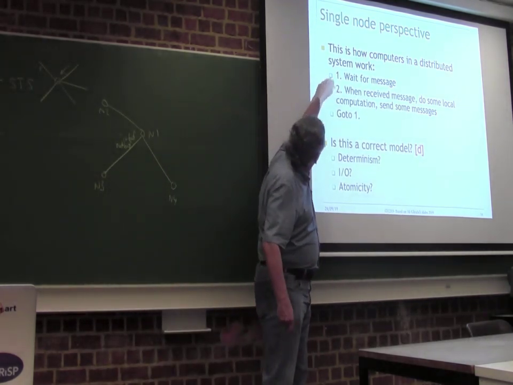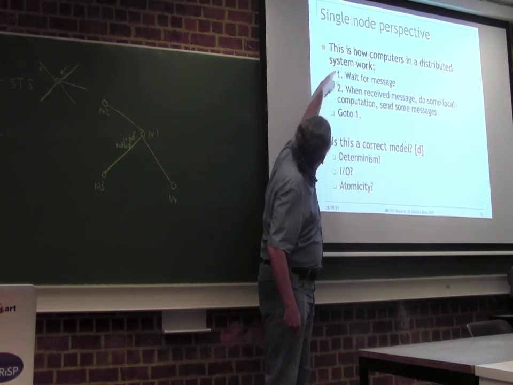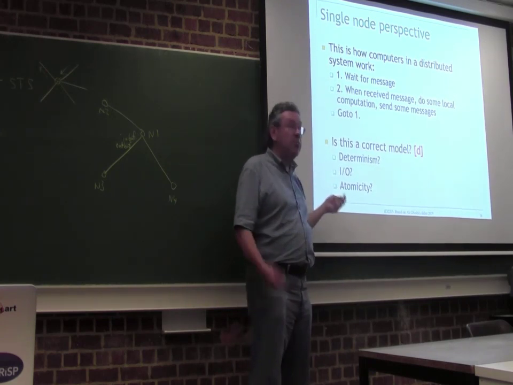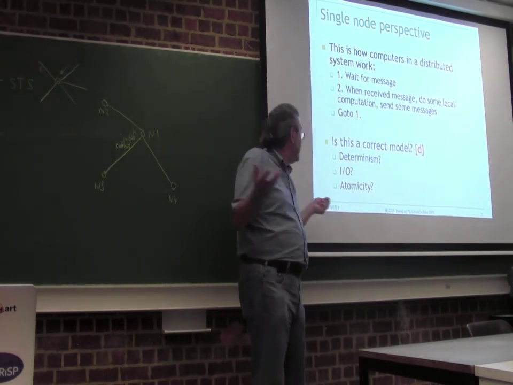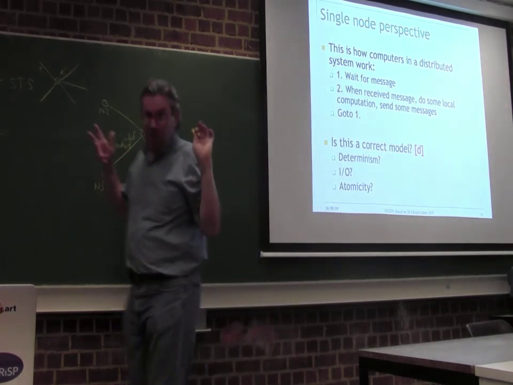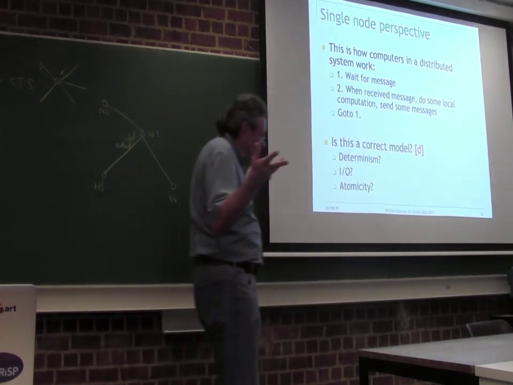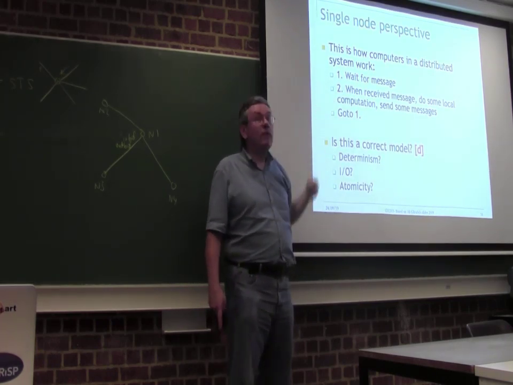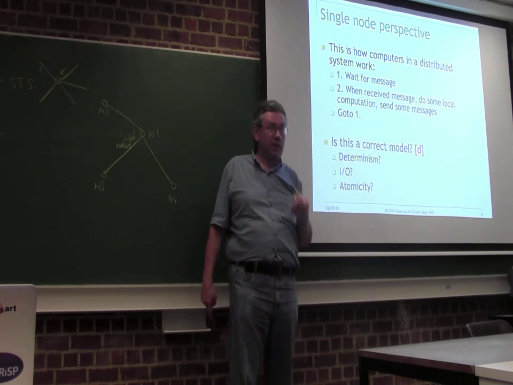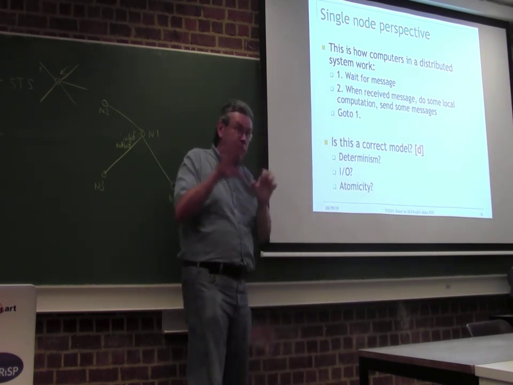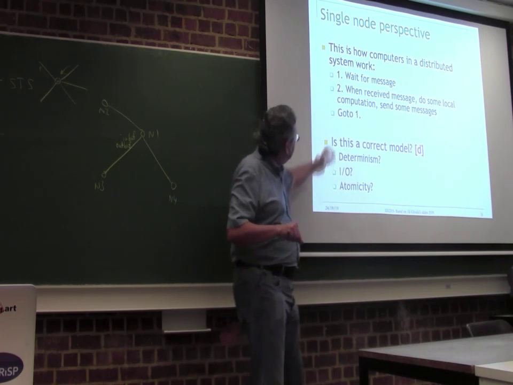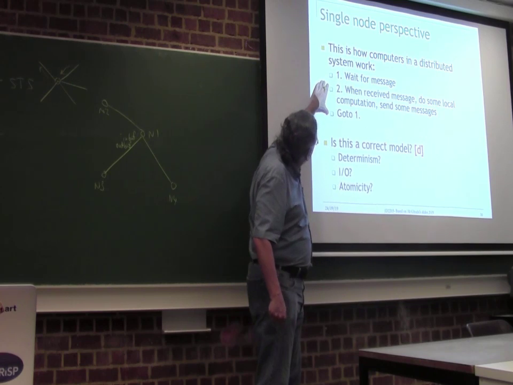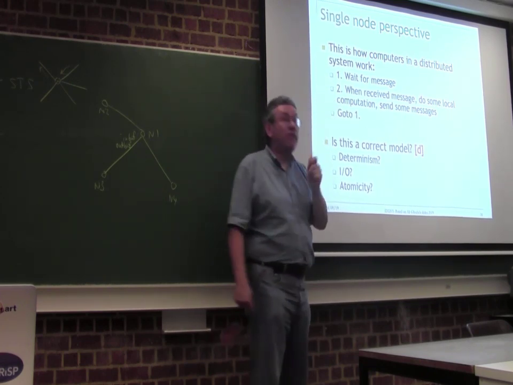But what about interrupts? This is actually an atomic loop. Atomic means that there's no interruption at point 2. Is that reasonable? What do you think? I'm not trying to trick you. Maybe it's okay. It depends on what you want to model. If you want to model the interrupts, then that's not reasonable. Maybe you want to model the actual processor interrupt, and that's a kind of low-level complicated thing. But in fact, we don't care about that low level. From this point of view, the local computation is atomic.